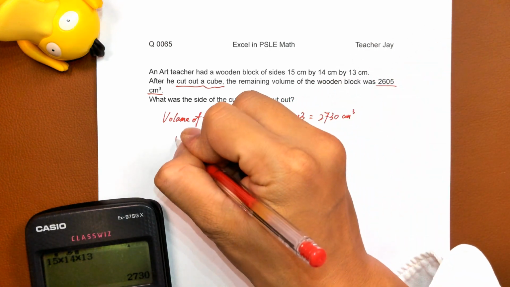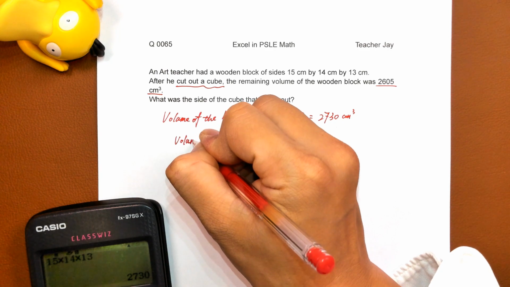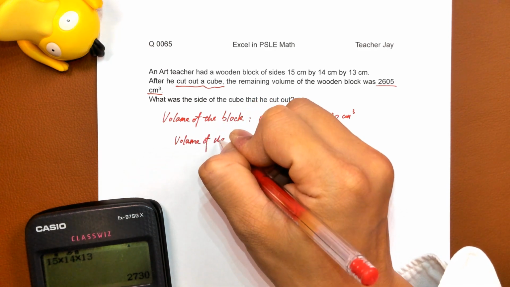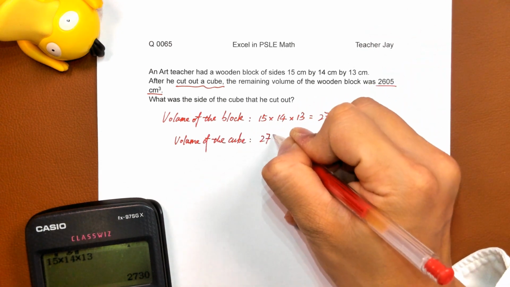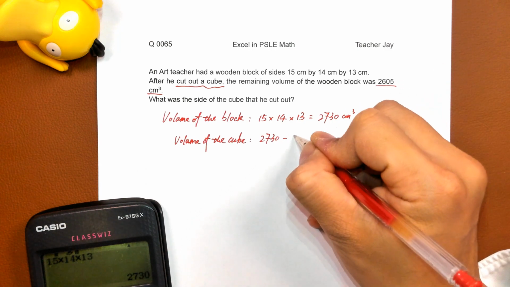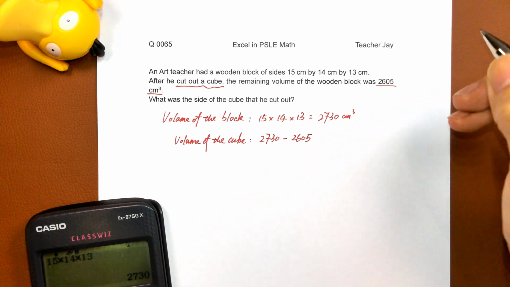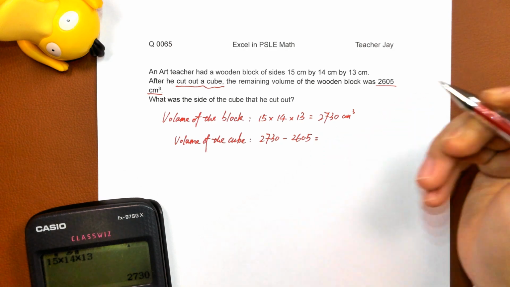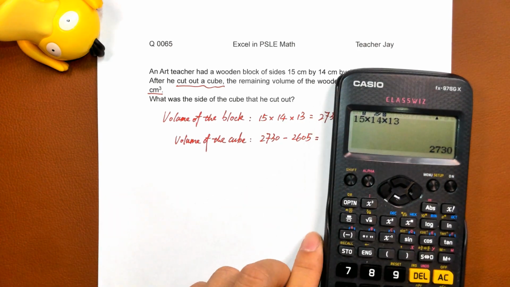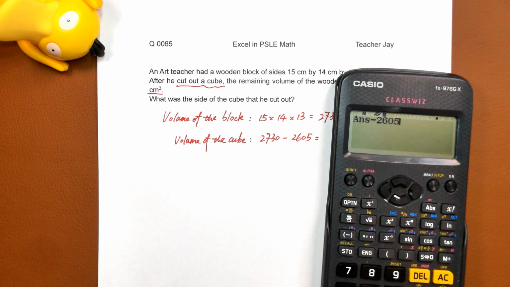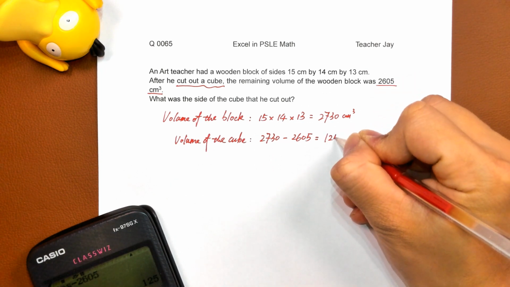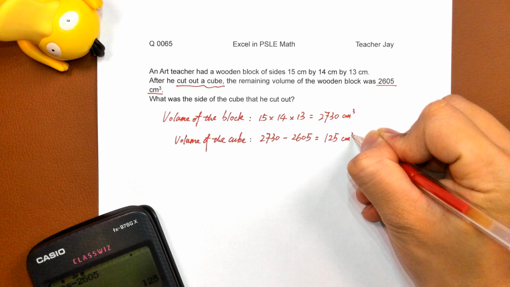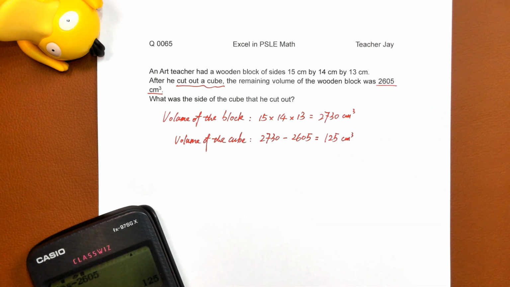我们要从怎么样我们要从总的 the total volume minus the remaining volume of the wooden block. 125 cubic centimeters。这时候我们要知道叫做